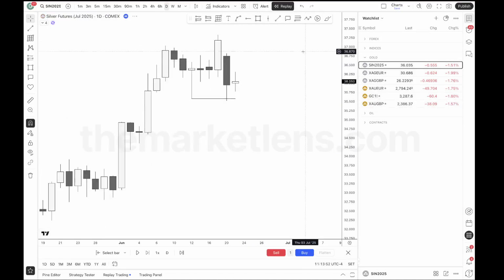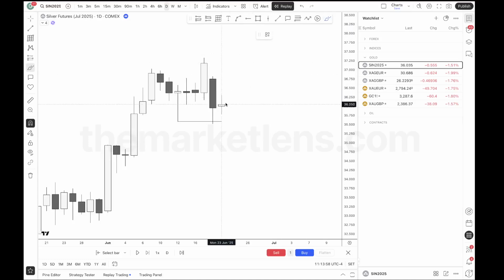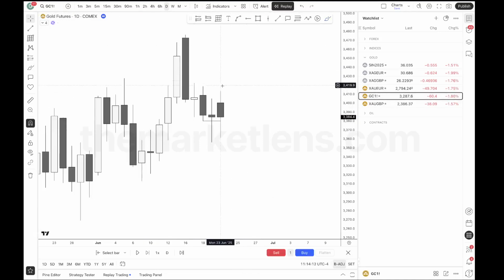Because when I go to silver, we also just expanded into a low as well. So we can expect some sort of move higher, whether we reverse from this low, right? Or just continue lower. If we continue lower like this, what do we expect the weekly candles to do? To open high first. That's why I have a bullish bias. Either way, early on the week, you should be bullish, right? So with that narrative, if I want to see a bullish day, I want to see the daily open low first.